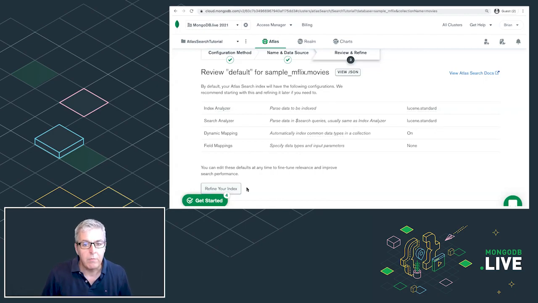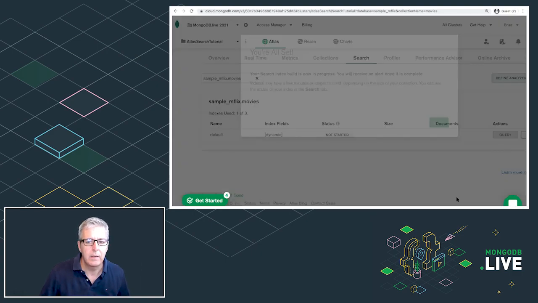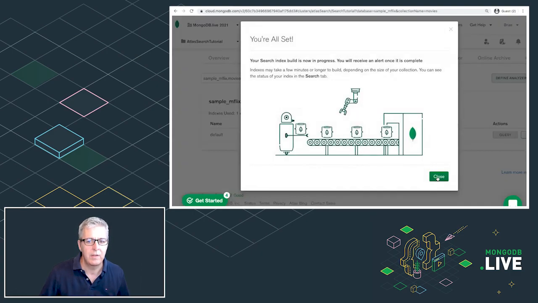Another real powerful aspect of this index is the dynamic mapping. What's really nice is that it's going to index all of the fields in our collection, and even as that collection evolves over time and new fields get added, they will get added to the index automatically. You don't have to worry about it. This default solution is a really nice one to get started with. So without making any additional choices, go ahead and click Create Search Index.